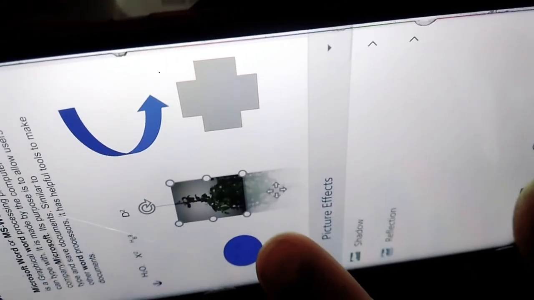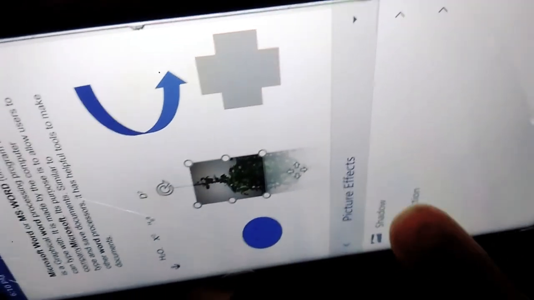And if you want the reflection below, it is like this, and you can change it. See the changes in the reflection. Here you can see the reflection and the shadow.